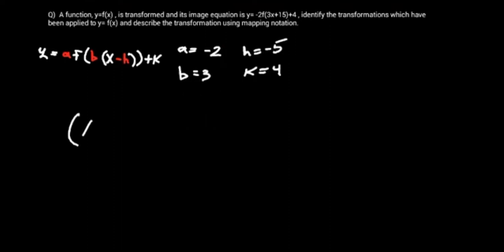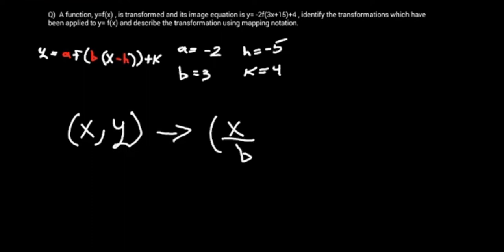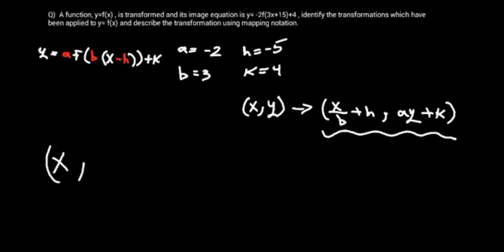Second thing, you should be familiar with the mapping notation, which is x, y coordinates being transformed to x over b plus h, comma, ay plus k. So all we do now is plug in the numbers. Now all we do is (x, y) equals, and this becomes 1 over